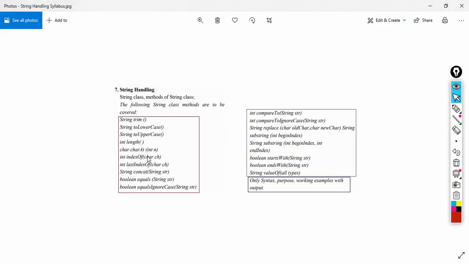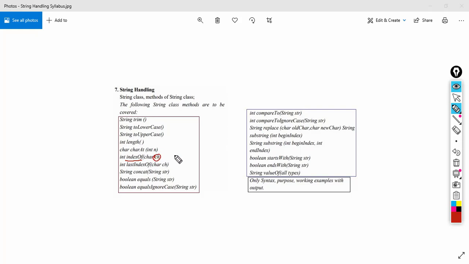The next function is indexOf. indexOf requires a character parameter. We need to give a character value to it as a parameter and it will return an integer. This indexOf function gives me the first occurrence of the value that we give to ch.